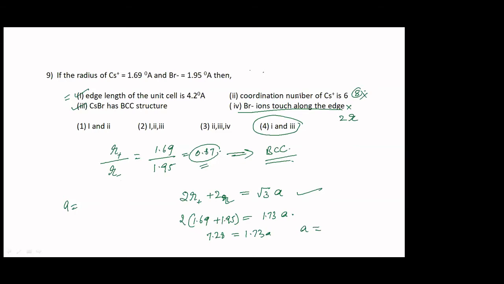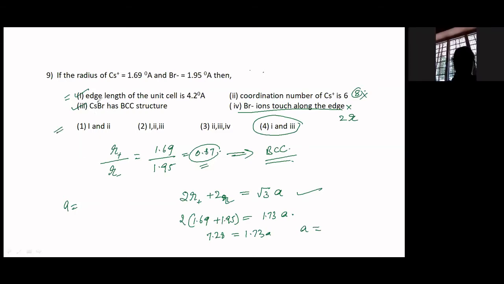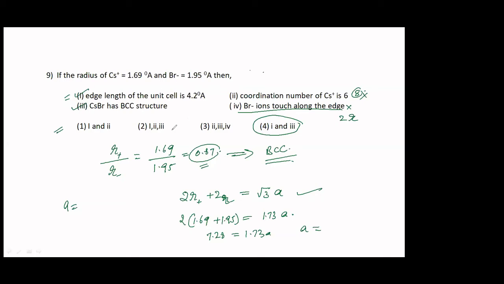See, these kind of questions, it takes time. Unless you know all these concepts, you will not be able to answer such questions. This is for NEET. Okay? Maybe in your CET, they might just give you one correct option. Like, this would be the correct option. What is the coordination number? If Cs plus is equal to this, Br minus is equal to this, so find the coordination number. That's all. Coordination number has to be 8 because it is BCC, right? But if you have to answer all these kind of questions, you should be thorough with the concept.